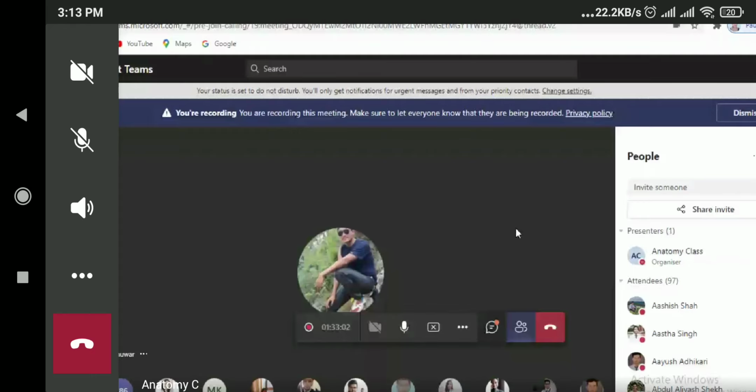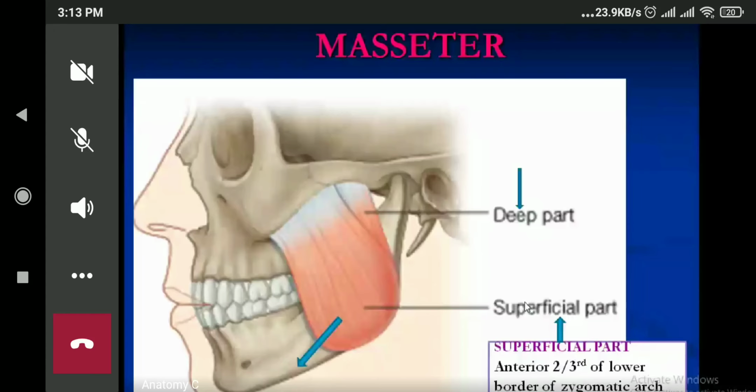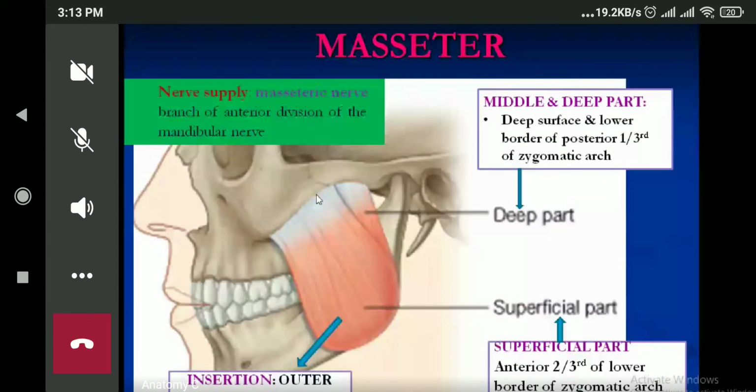Okay, you are not the ones to answer, so I will tell you. So over here we have the origin, this one is the insertion. When the action occurs from insertion to the origin, what will happen to the mandible? There will be elevation of the mandible, meaning closing of the mouth. That is one action. The next one: see the direction of the fibers of the muscle. You already saw it. When this acts, what will happen to the mandible? It will protrude. There will be protrusion of the mandible.